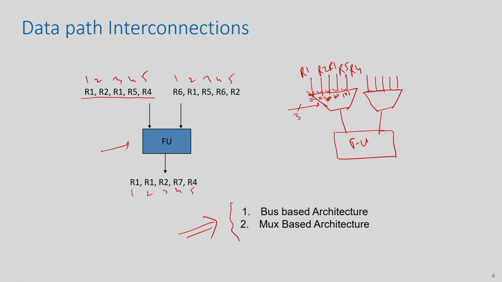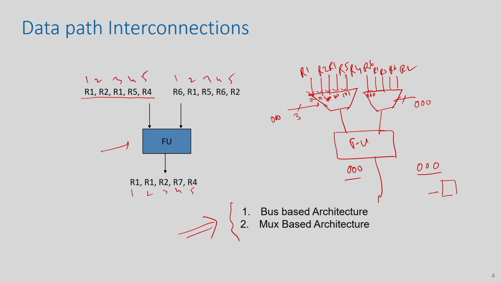So, here you are putting R6, R1, R5, R6 and R2. And again you need a 3-bit control signal, and then in the first clock you give 0 0 0, and here also you give 0 0 0. And similarly this output is going to this. So basically it will go to all these registers.